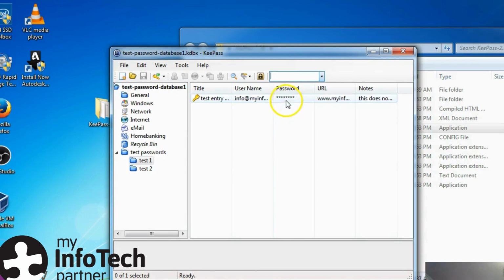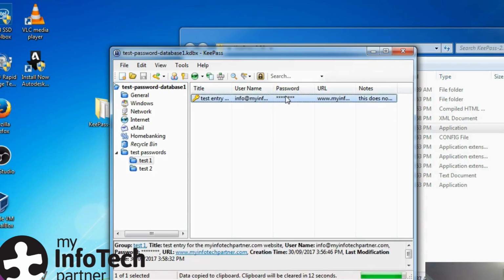If you want to copy and paste the password, you just double click on the password field. You can see it's a secure copy here. Clipboard will be cleared in 12 seconds. When that expires, if you try and hit Control V or paste or something along those lines, there'll be no data there. Same goes for the username. You can copy and paste that. And if you double click on the actual